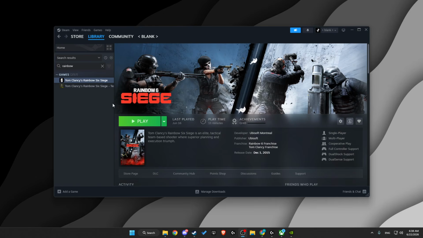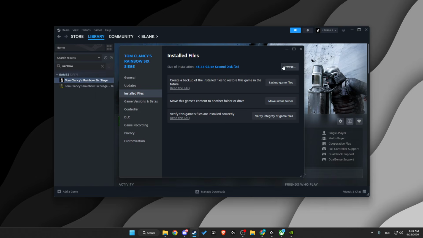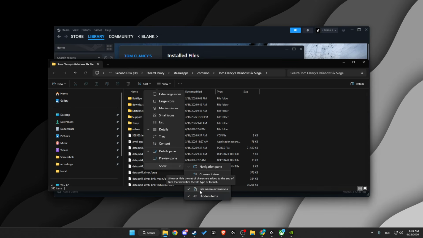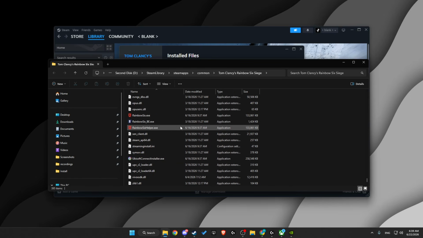Next thing you need to do here is to right click on Rainbow Six Siege, then go to Properties, Installed Files, Browse. Then you need to press on the three dots here, not the three dots view, and then Show, and make sure file name extensions is enabled. Then scroll all the way down until you see the Rainbow Six Siege exe. Right click on it,